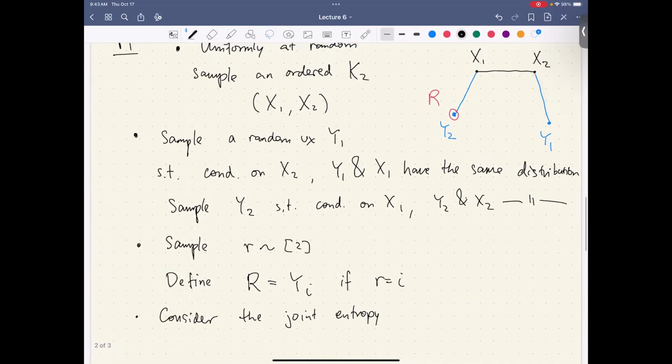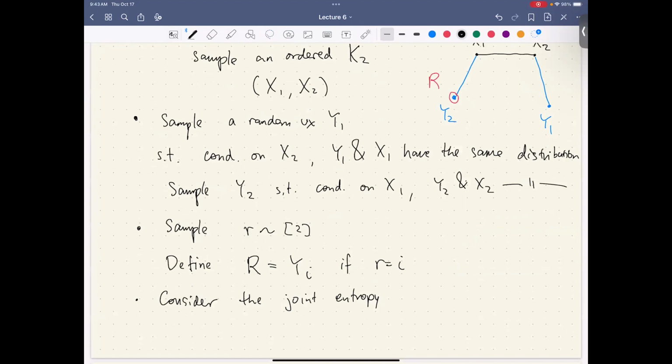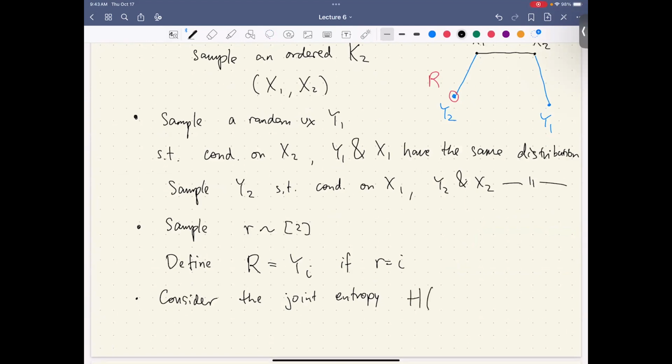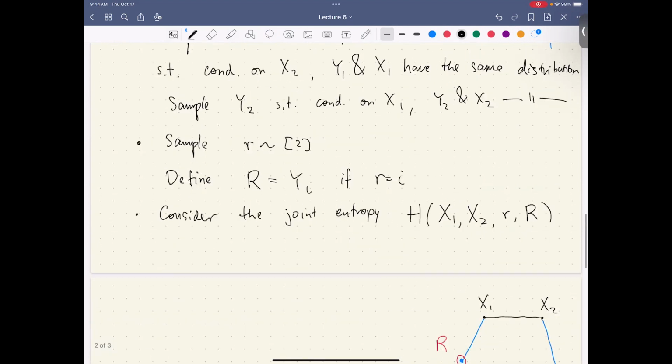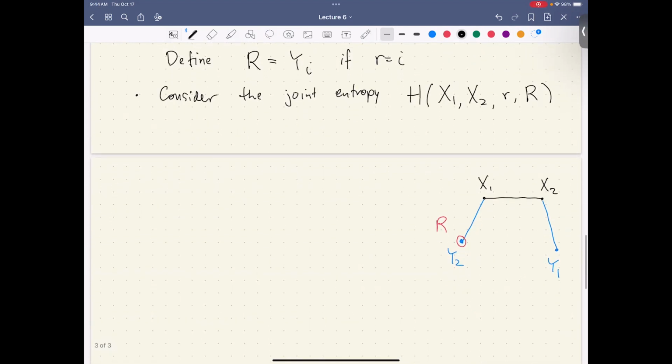Which joint entropy are we going to consider? We're going to consider the joint entropy H of x1, x2, and this resampling, little r and capital R. Okay? Here's the picture again. Whenever we have a vector form, the first thing that should come to mind is the chain rule. So let's try to expand it. By chain rule,